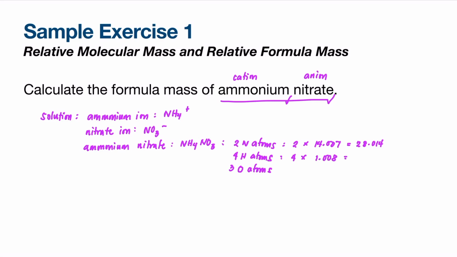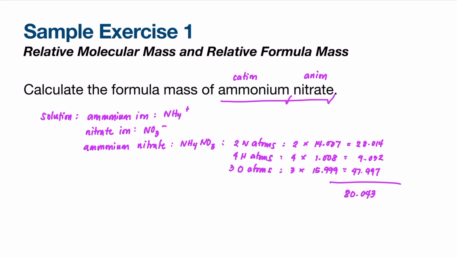On the other hand, for our hydrogen atoms, we have 4 times 1.008. This is equal to 4.032. And lastly, for our oxygen atoms, we'll write 3 times 15.999 equals 47.997. And the last step is to add all relative atomic masses. So 28.014 plus 4.032 plus 47.997 equals